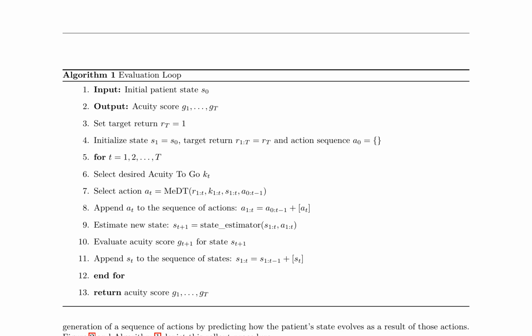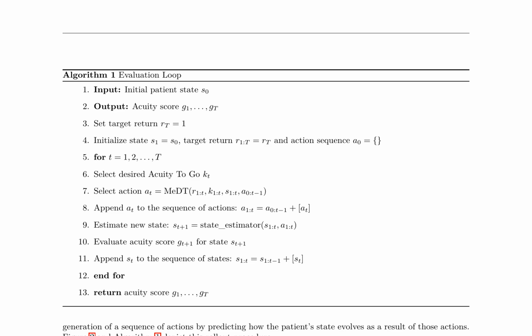Algorithm 1 outlines the evaluation loop for assessing policy performance in sequential decision-making processes. It takes as input the initial patient state S0 and outputs the acuity score G1 through GT for each time step. The process starts by setting the target return R_T equal to 1, initializing the state S1 equal to S0, target return R1 to R_T, and action sequence A0 as empty. The algorithm then enters a loop, where at each time step t